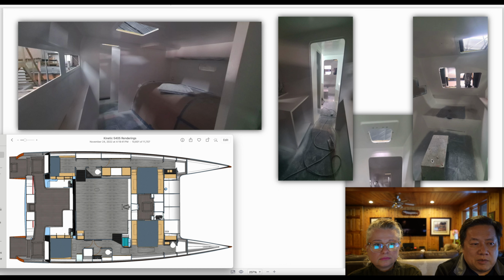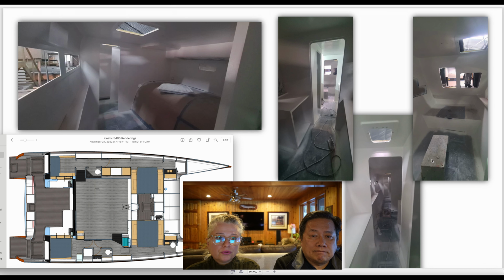We want to be mindful of the conservation of water when we're offshore, and so we wanted to have as few heads and as few showers as possible while still giving people the privacy and the convenience. Yeah. All right, so the next photo in the middle shows the view all the way down the port side from the aft convertible